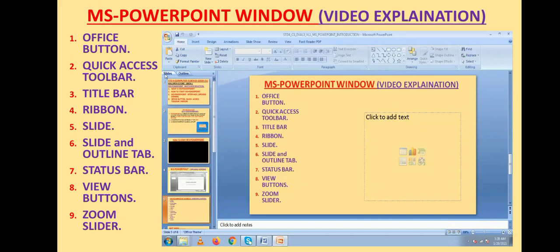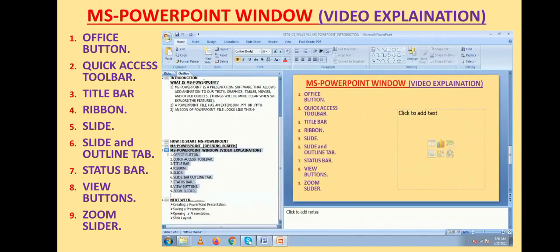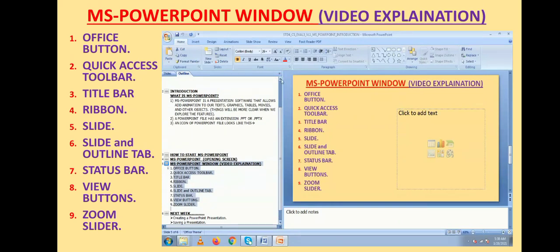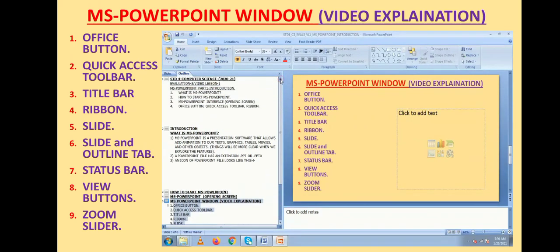Slide tab displays the thumbnail of all your slides. If you click on the Outline tab, then you can see the text that is present in your slides. So Outline tab is used to display the text contents of your presentation.